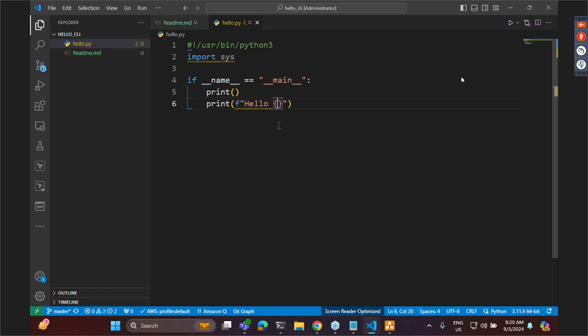Right. So let me try to write sys of argv of -1. Okay, right,